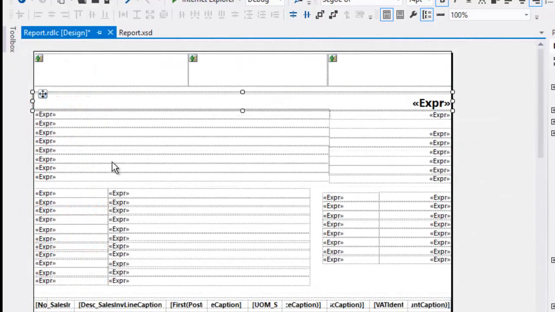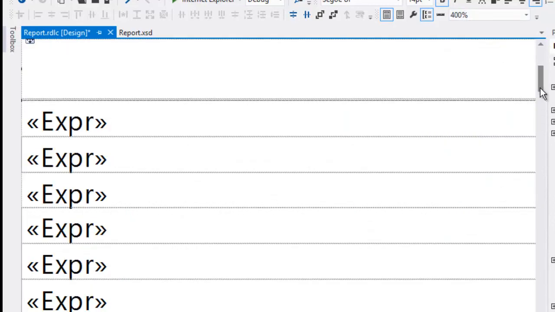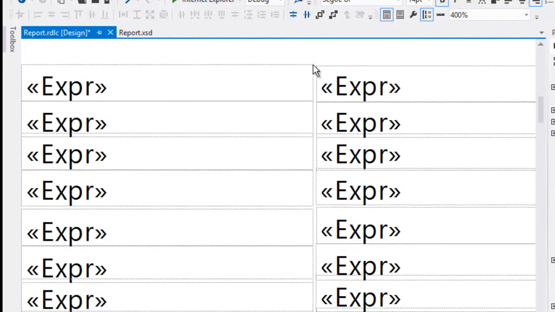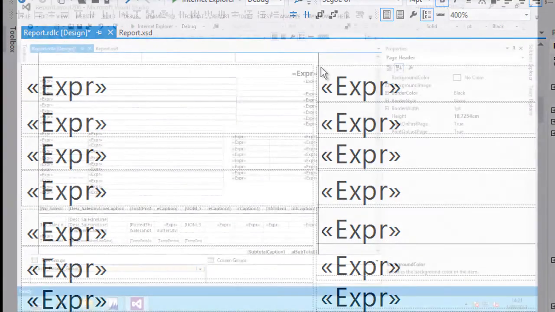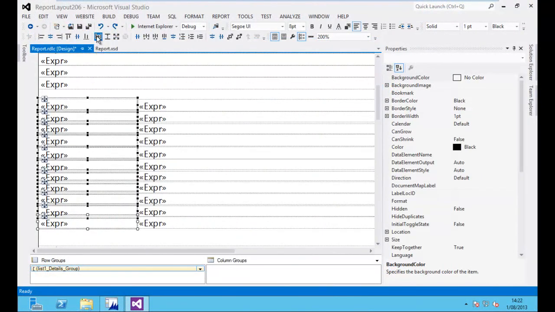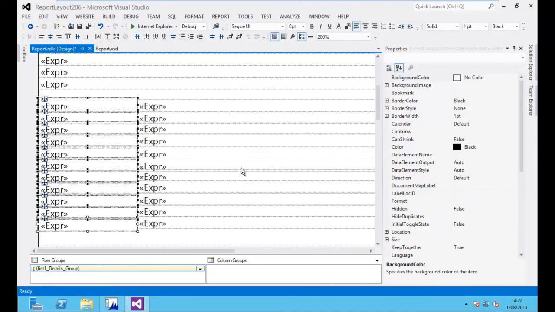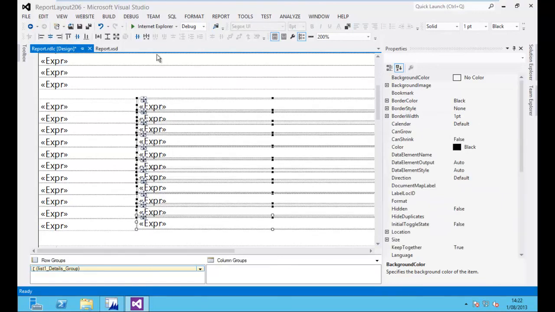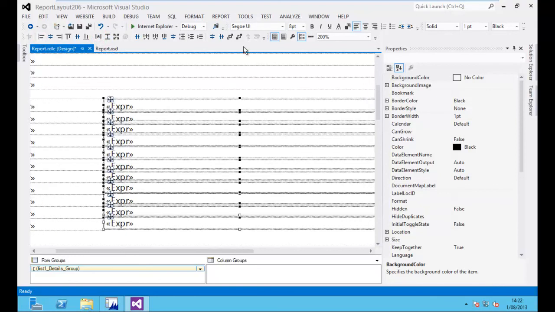So let's do the same with this part. In this part we have two columns. And when we zoom in, you see that the tops are not aligned either. So we need to take care of that. First, the left part. Let's select all the controls, make them again the same size and align them on the left and remove the spacing. Then the right part. Let's make them all the same size. Let's align them left